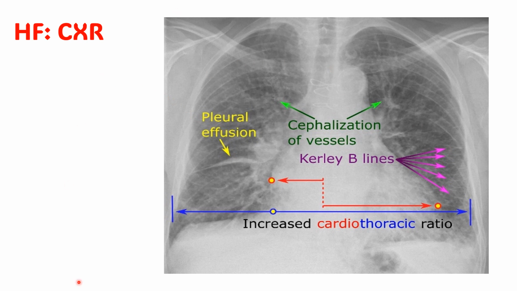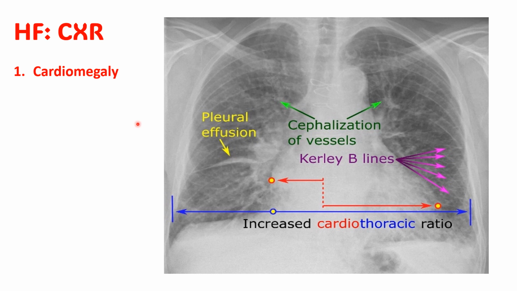All right, so this is quite an important slide where we're looking at a chest X-ray in heart failure, and I'm going to walk you through some of the features. So first we have cardiomegaly, and cardiomegaly means an increased size of the heart, and what we actually have is an increased cardiothoracic ratio. So the heart on this should typically take up less than 50% of the width of the thorax,